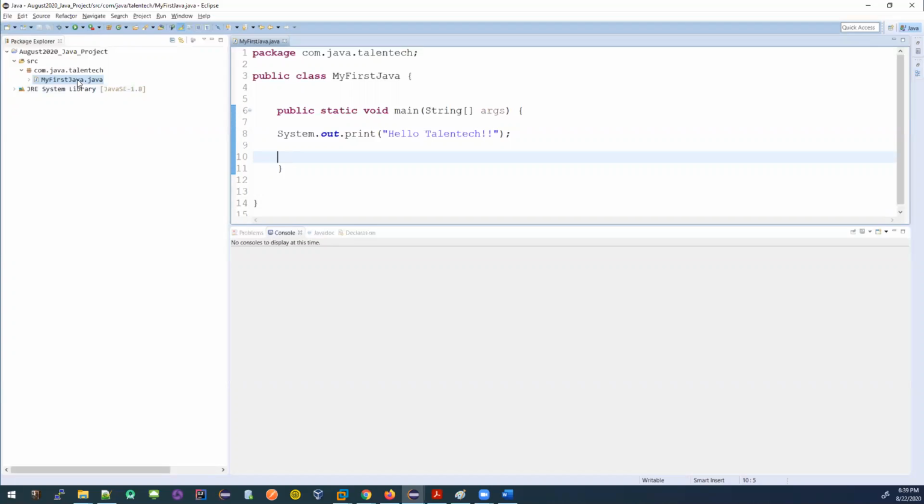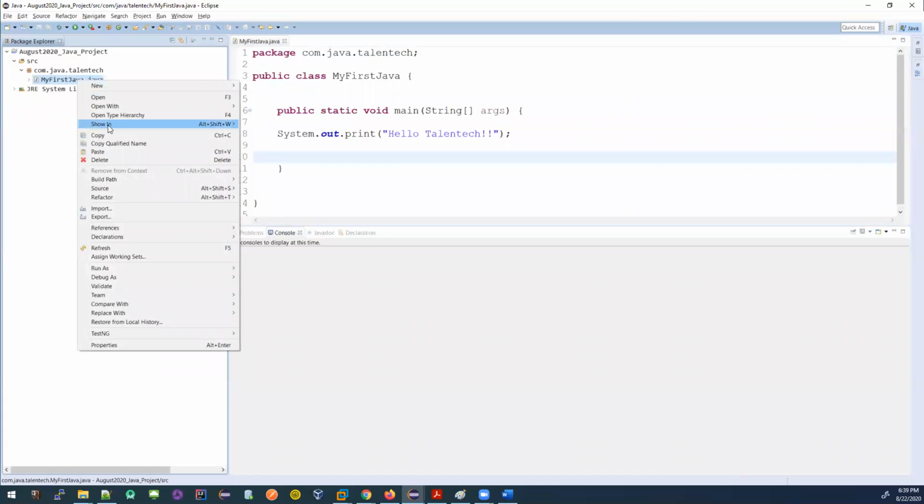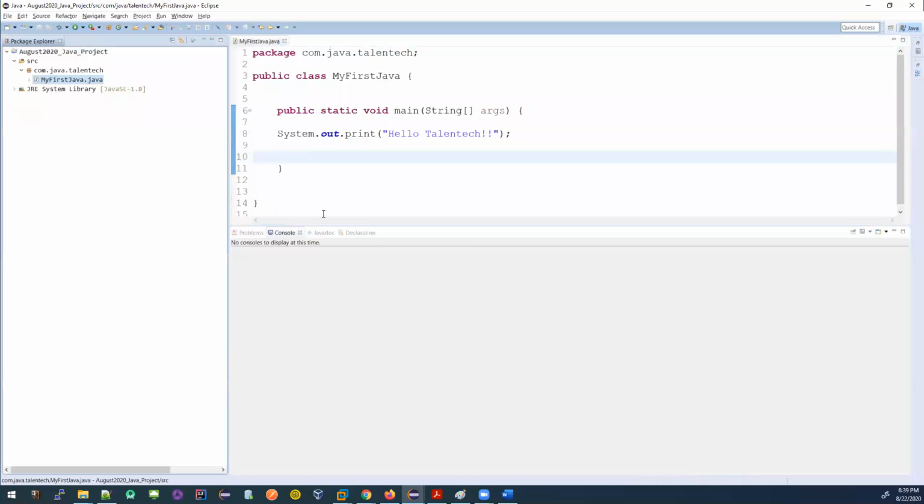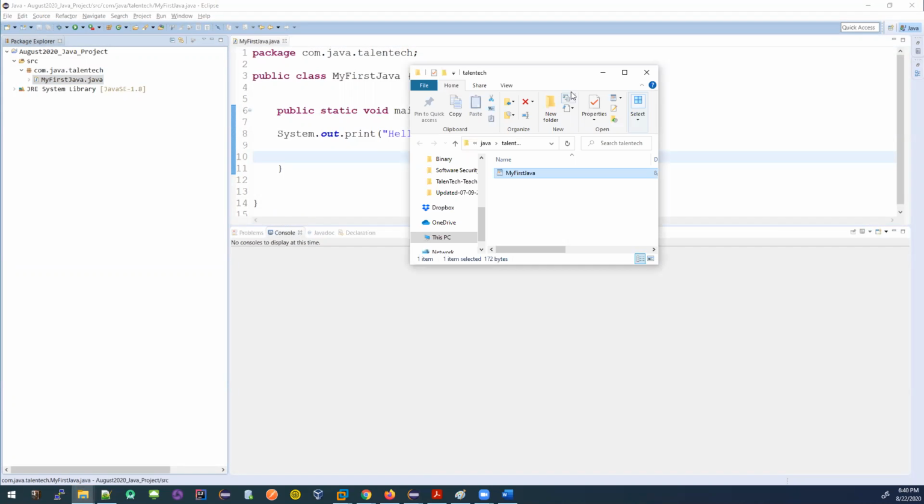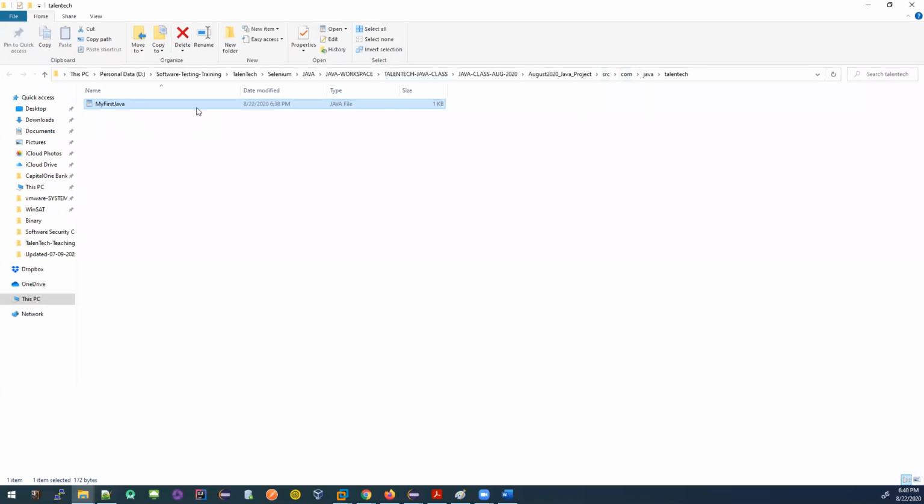So just to show you an example, if I go to the file location in System Explorer, let me open it up. Okay, you will see here, this is my source code. Inside the source, I have com, java, talented. Now, I don't have any class file created yet.